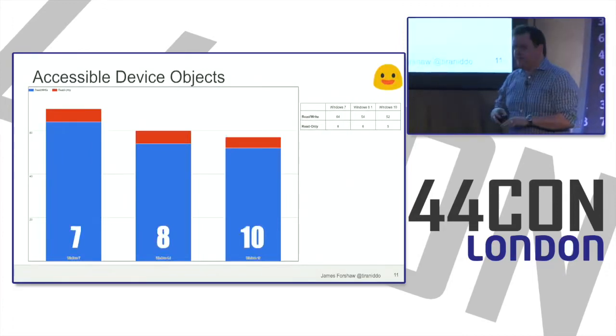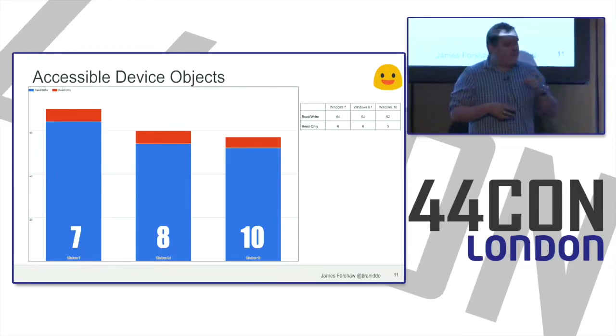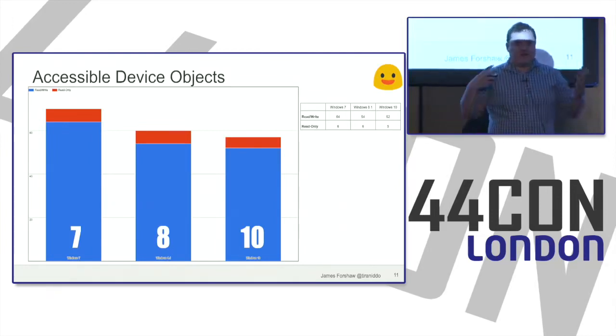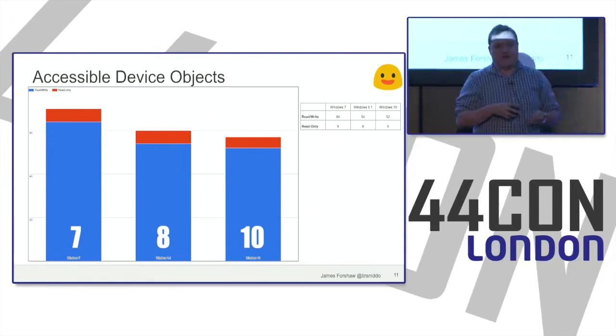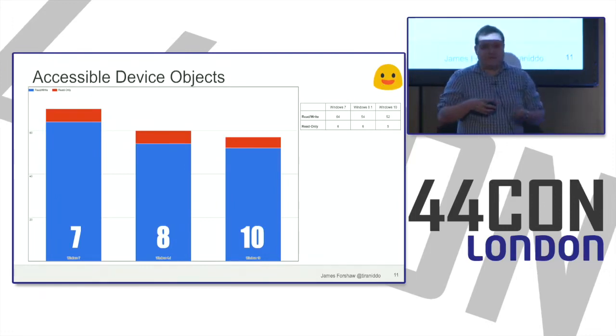Now, I don't want to completely forget about drivers, because obviously drivers are kind of important. I struggled a bit to work out a good way of measuring this, because drivers are potentially a slightly different model to system services. There's no reason to believe that Microsoft can register thousands of drivers on your system if they like, but these drivers may only come up in response to a particular piece of hardware or particular condition which requires that driver to be loaded. So by default, they may not actually be vulnerable unless someone has a particularly obscure, weird USB device or something like that. So I just did a basic measure of device objects.